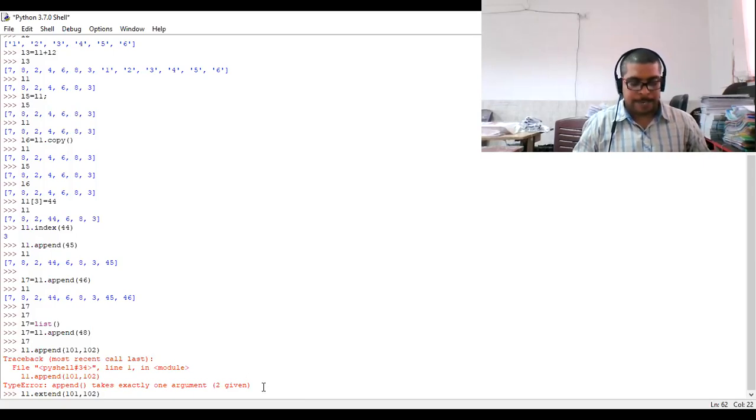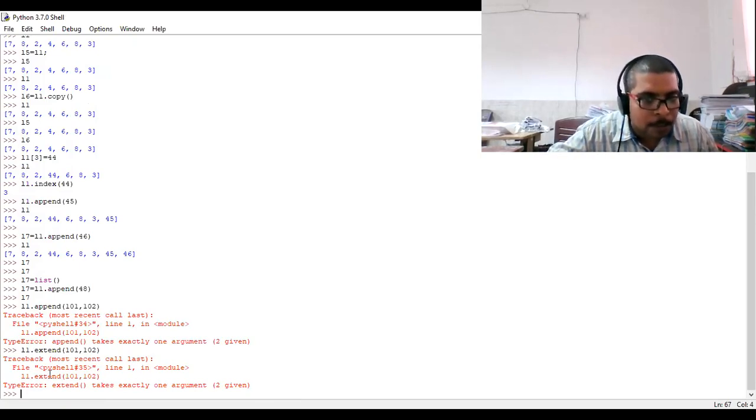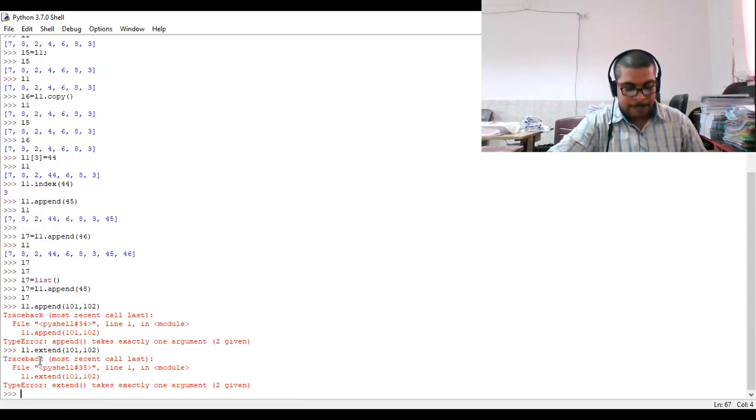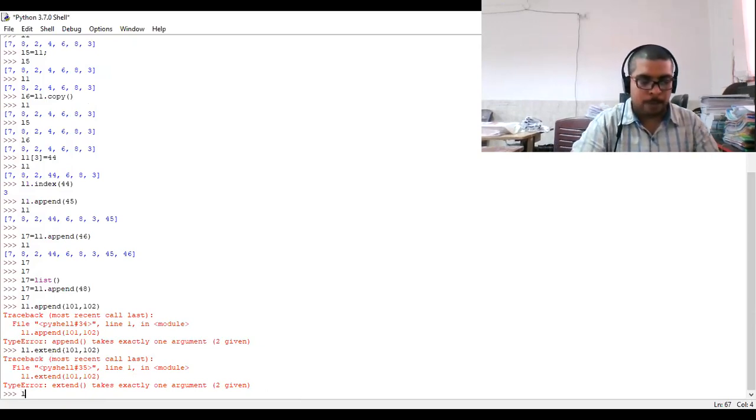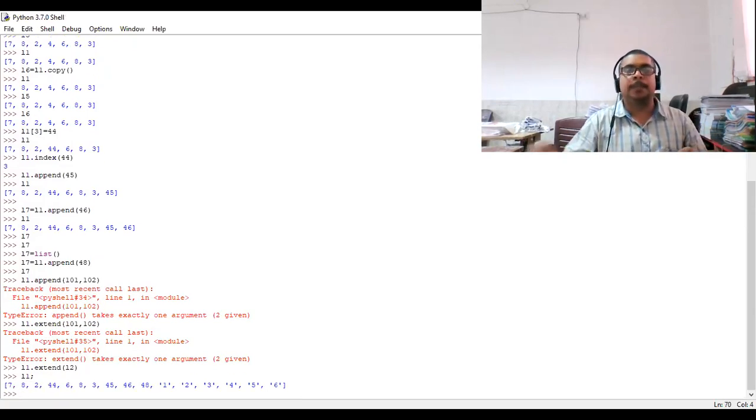L1 dot extend, it is again giving the error। ऐसा करते हैं, रुक जाओ, L1 dot extend, I have provided here L2, now print L1। You can see it has been extended।